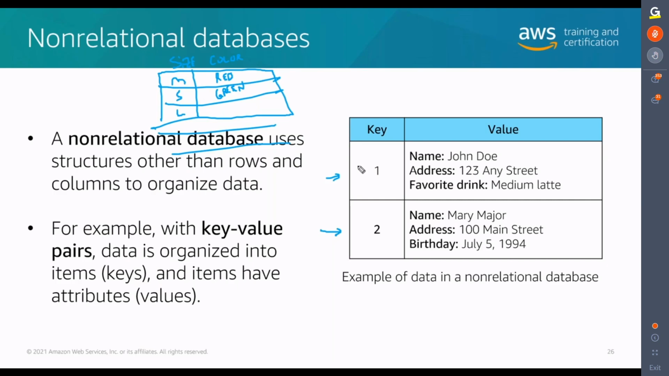Well, with a non-relational database, you can just add another key pair for that one shirt that none of the other shirts use. So it gives you a little bit more flexibility. It's not as rigid as working with tables. That's one advantage. The second advantage of using non-relational